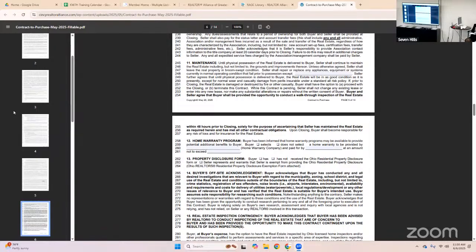So walkthroughs are really important. And walkthroughs just prior to the closing are critical. And the reason I say that is, especially during weather we're not used to, like today, everything's probably not going to change from yesterday. But if it's cold weather, if it's sub-zero weather, if it's excruciatingly hot, things can happen. So you need to go in and check that.